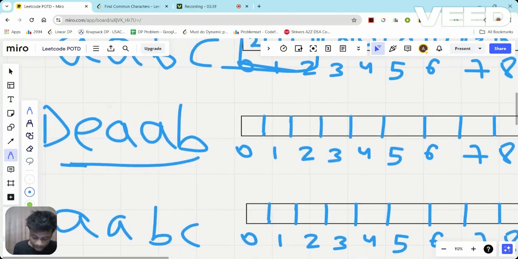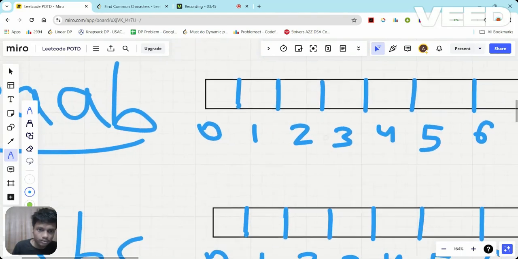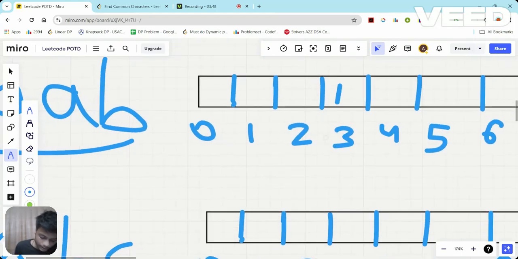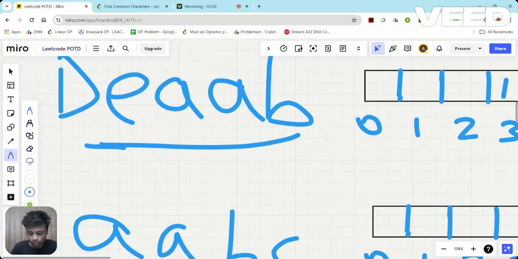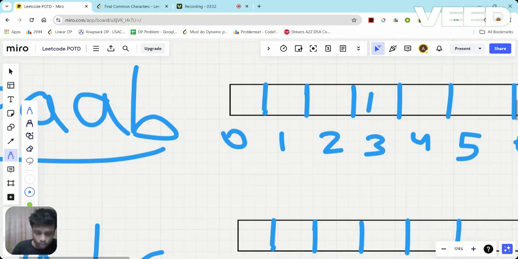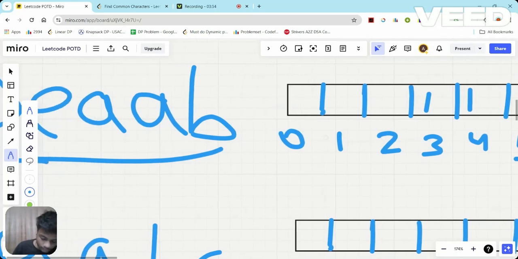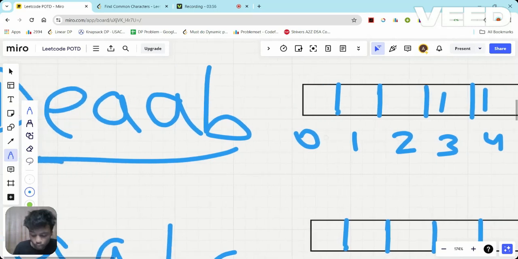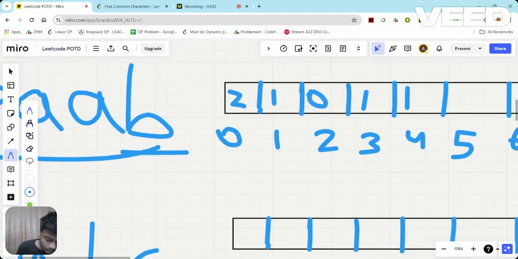In this string, D comes out one time, so I will increase its value. Now E comes out one time, so I will increase its value. Now A comes out two times, so I will insert 2 here. Now B comes out one time only. The rest are all 0.